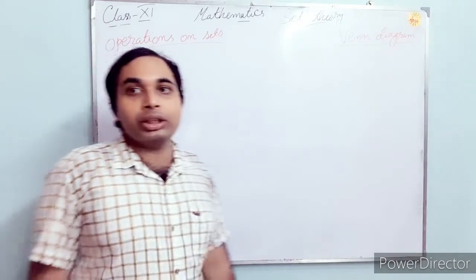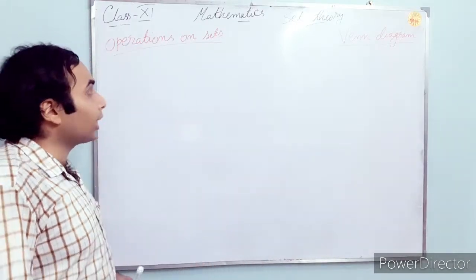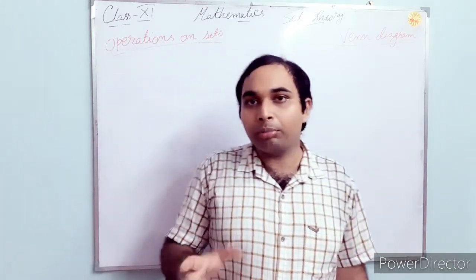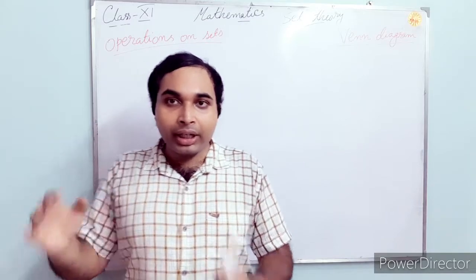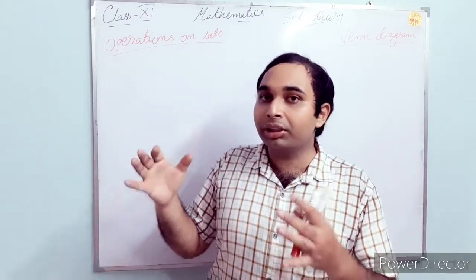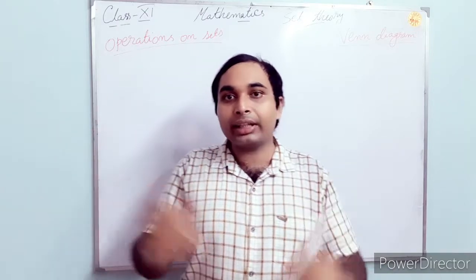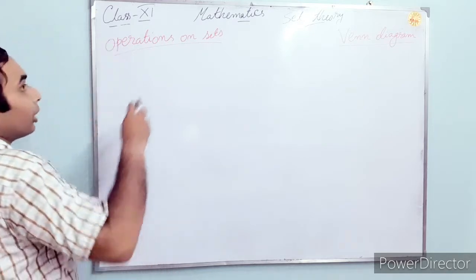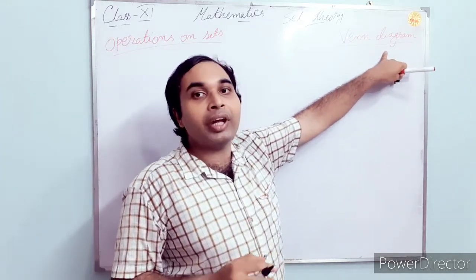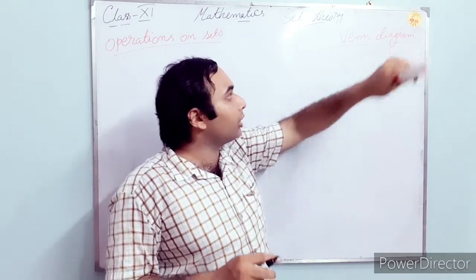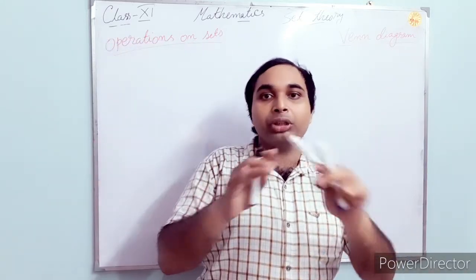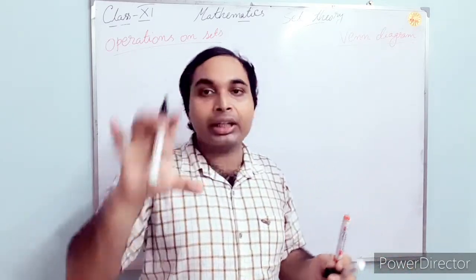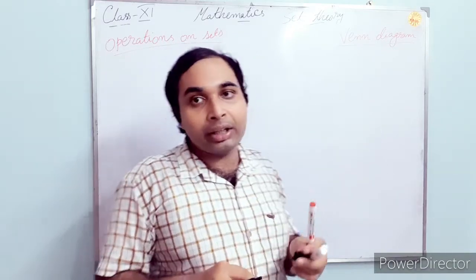Students, now let us see some operations on sets. Up to class 10 you have done operations on numbers only, or variables and other things. But here we will deal with operations on sets. So here are some operations. Number one, and at this side I have written the Venn diagram. A Venn diagram means the operations of sets can be represented with one diagram, one rectangle, and within that some circles will be there. So that is called the Venn diagram.